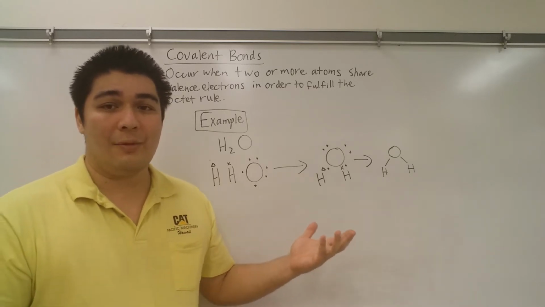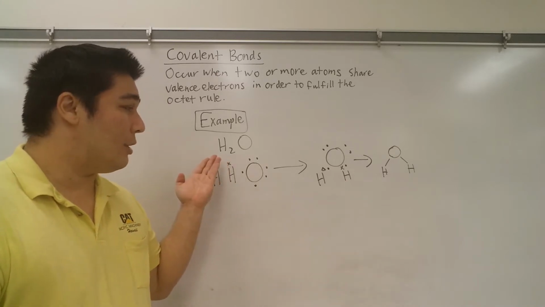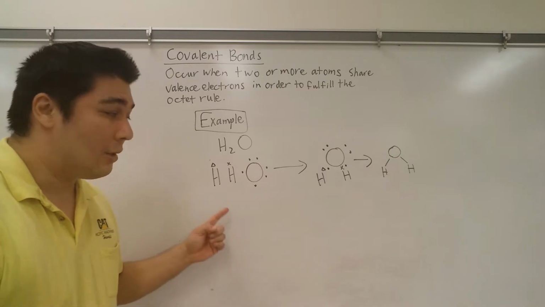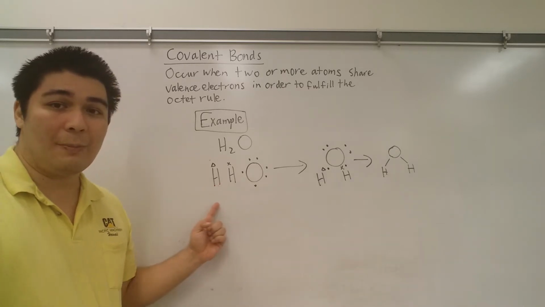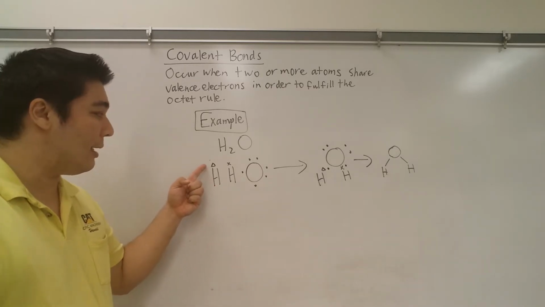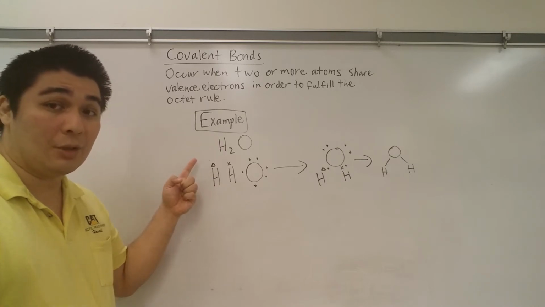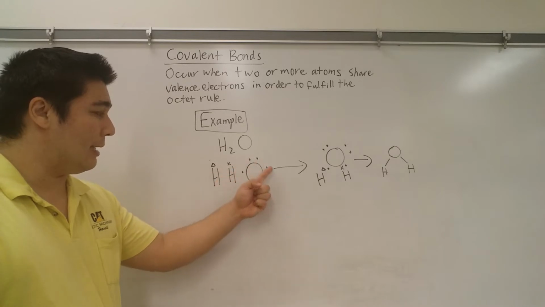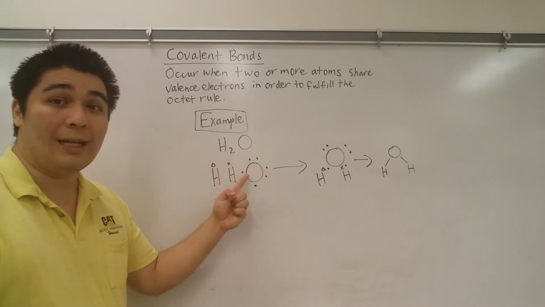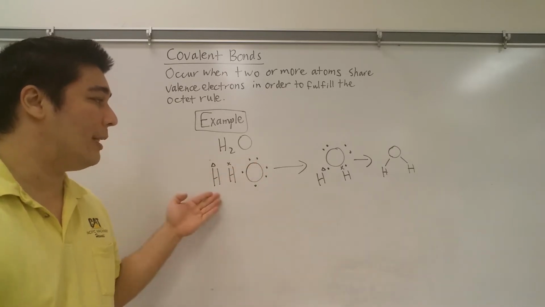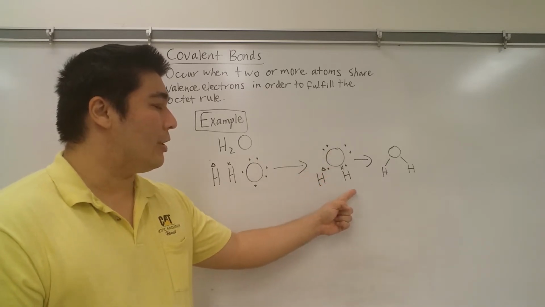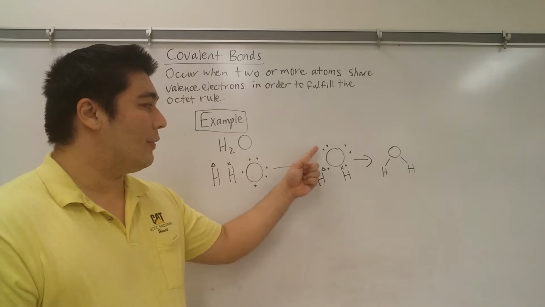So in the case that I have right now, I have H2O, or a water molecule. Because there are two separate hydrogen atoms, I made this hydrogen atom's valence electron a triangle, this one an X, and then the dots are the valence electrons for the oxygen atom. So when they combine, oxygen will combine with the hydrogens, and now you've got these lone